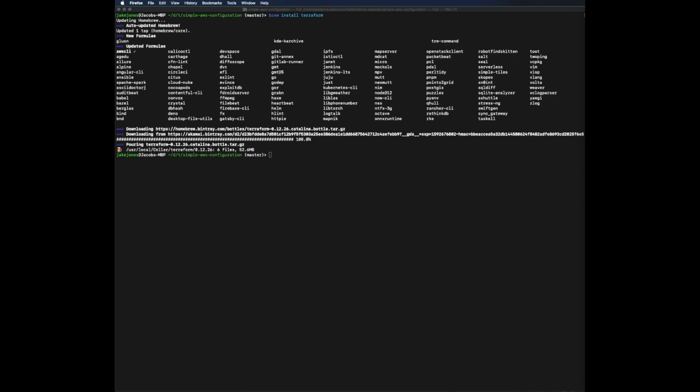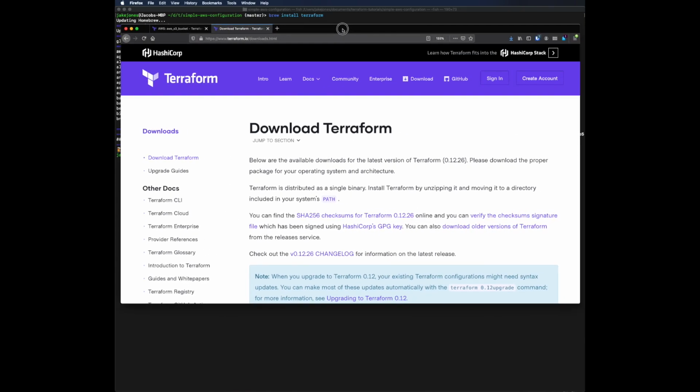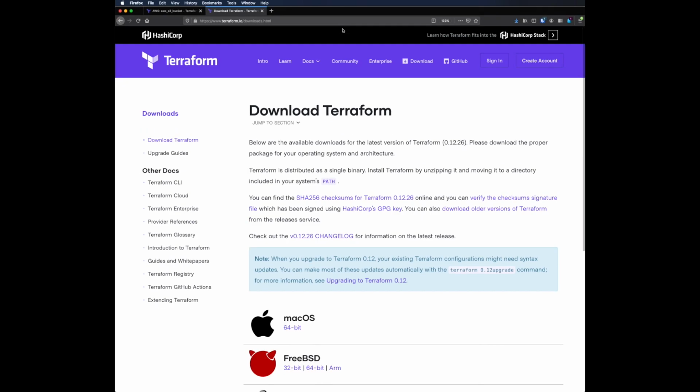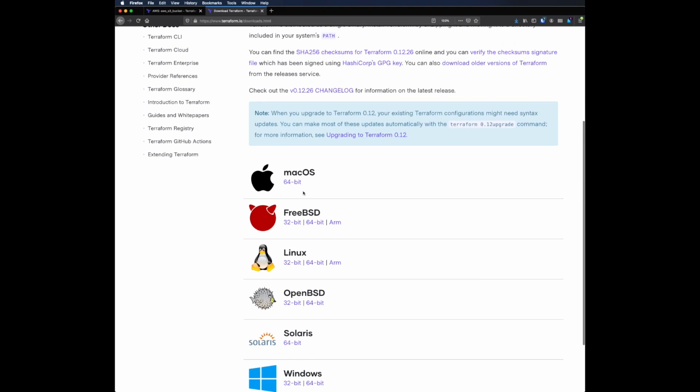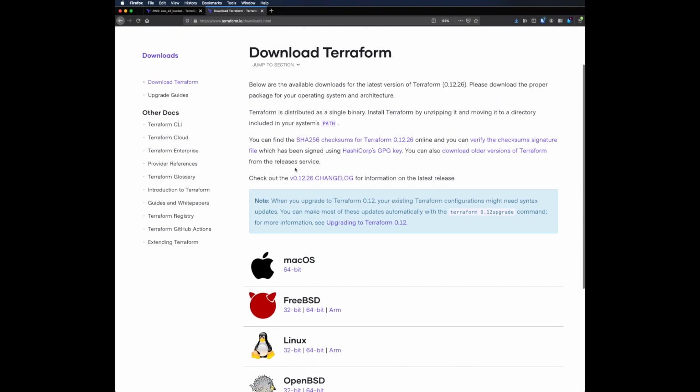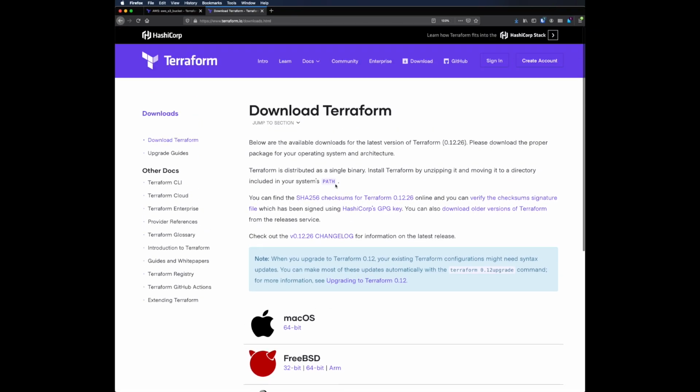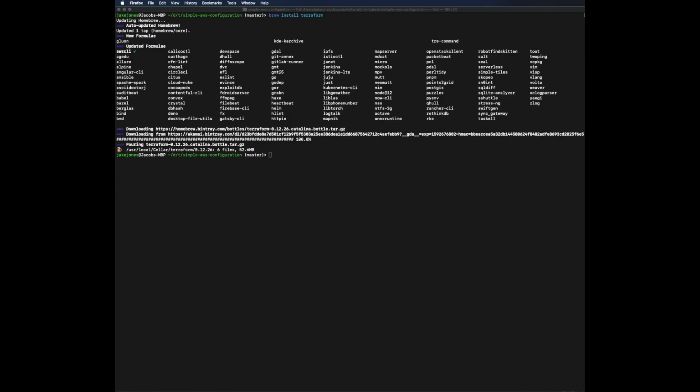Fairly easy, straightforward, painless. There are a couple of other ways to do it. You can also get the Terraform installation package from terraform.io/downloads.html. And then there's the OS X download or the Mac OS download right here. So fairly simple, fairly straightforward. And what this is going to allow you to do is to be able to run Terraform plans, Terraform applies,